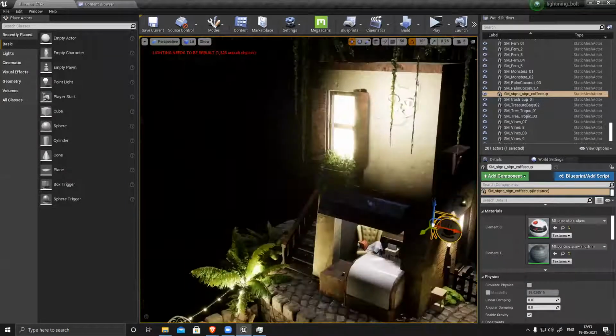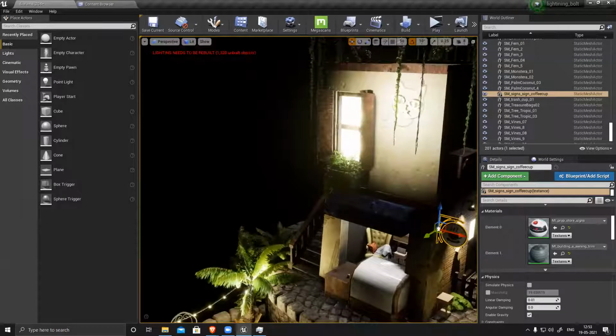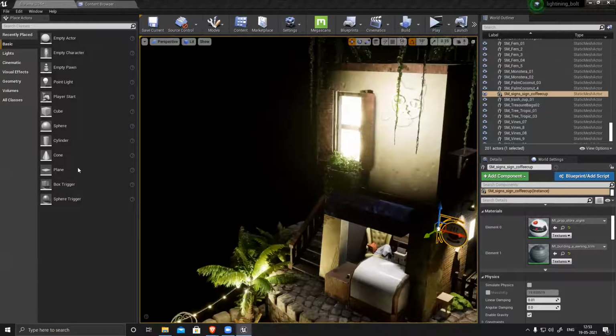Add other details one by one. So from next class, I'll explain a few things in Unreal, like how to create a master material. I can create only one material and reuse it again and again. Then how to create a particle system.